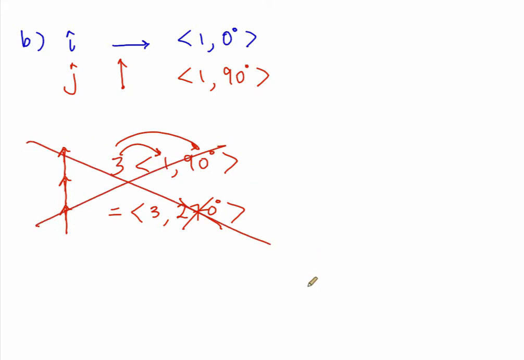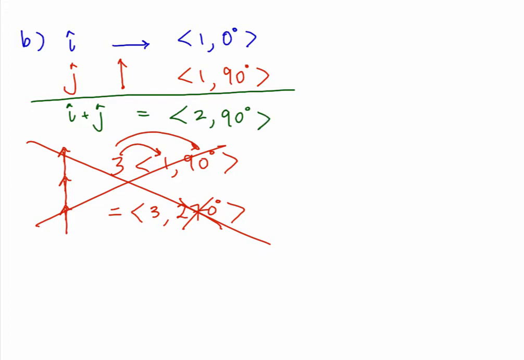And what if we take the two vectors and add them together? Can we add the two vectors i hat plus j hat in polar component form? Do we simply add the two magnitudes and add the two directions? Well, if we look at a picture of the two vectors, i hat and j hat, we have them here. And let's copy and paste them. I'll redraw the vector i hat. If we want to add them together, we need to go from point A to point B, and then from point B to point C, which means I need the vectors in